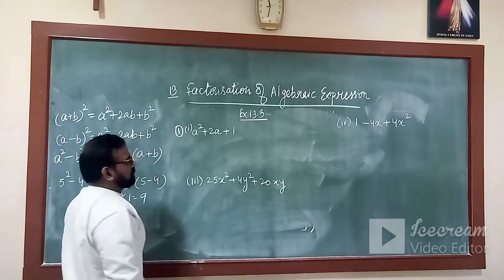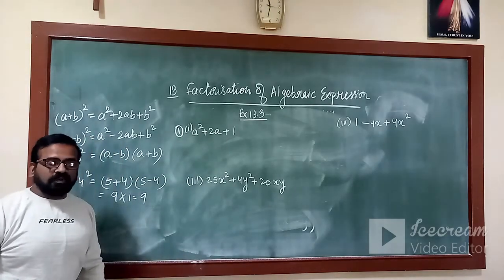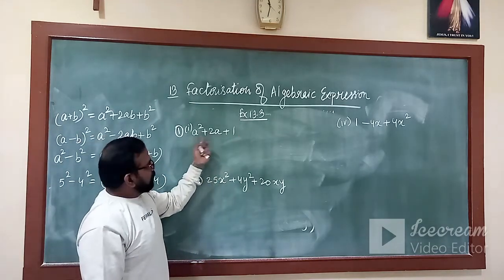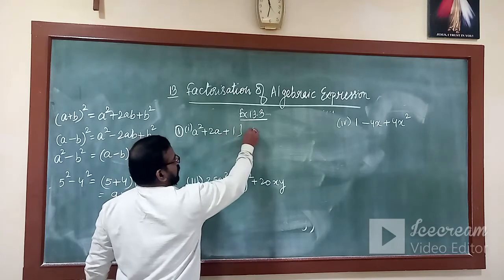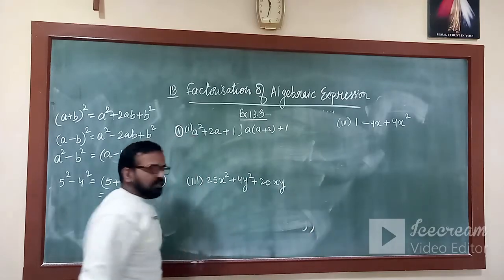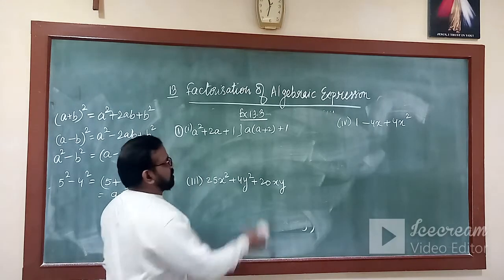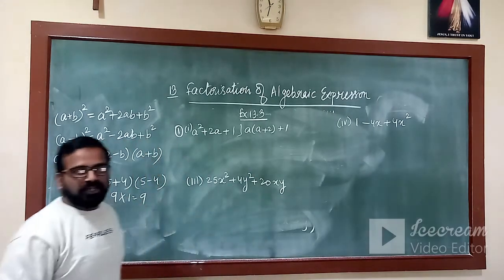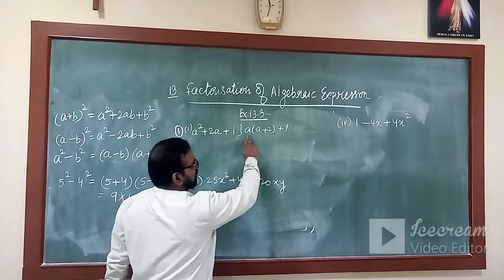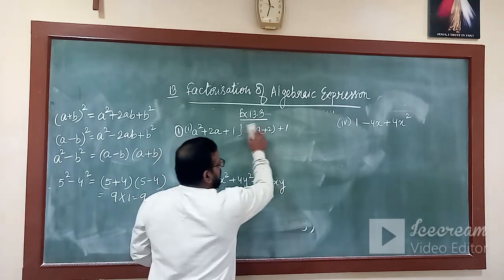Okay, so let's see the very first question: a square plus 2a plus 1. Now, the methods that we have studied so far in this chapter, that is common term, you cannot take anything as common. Even if you make the groups, suppose if you make the groups, then what you will get? A common, a plus 2 plus 1. So again, it is not factorized, because factorization means whenever you can write any algebraic expression in terms of product of two individual algebraic expressions. But here, when you use the grouping method, you are getting a into a plus 2 plus 1. So again, it is not factorized.